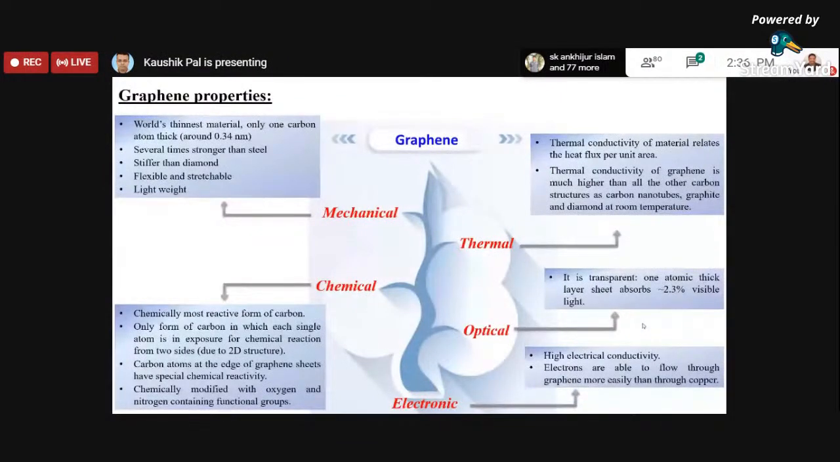One atomic thick layer sheet absorbs almost 2.3% of the visible light. So that is also a very important parameter. If I talk about the electronics, most probably everybody knows it. Basically it has a very high electrical conductivity. Electrons are able to flow through graphene more easily than through copper. So that's why it is widely used for electronic or electrical